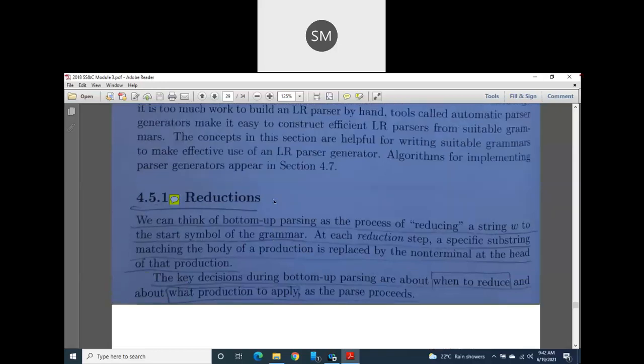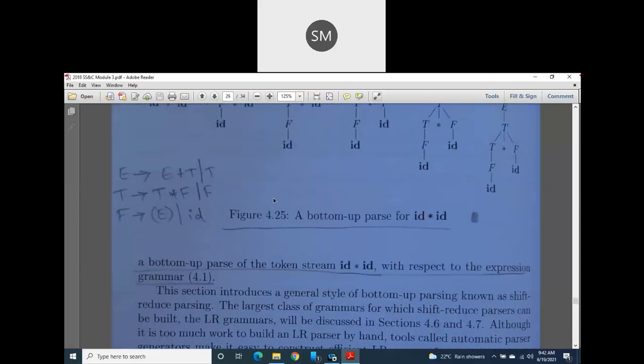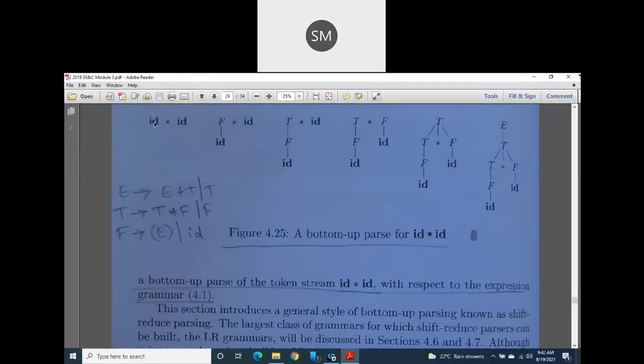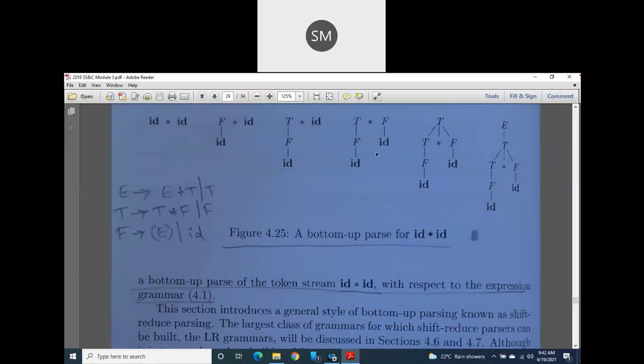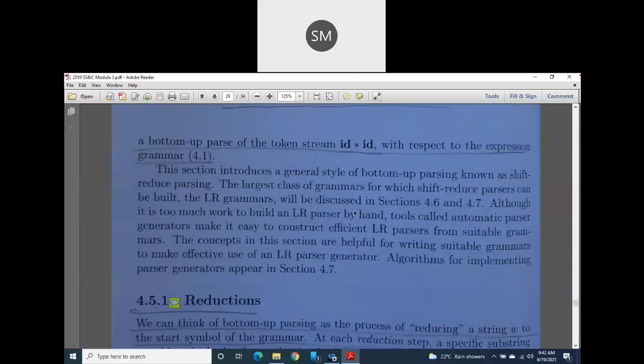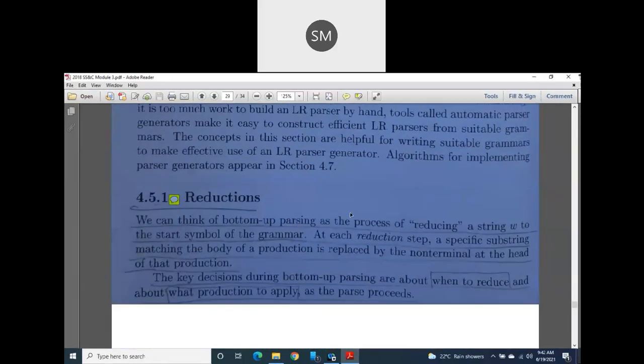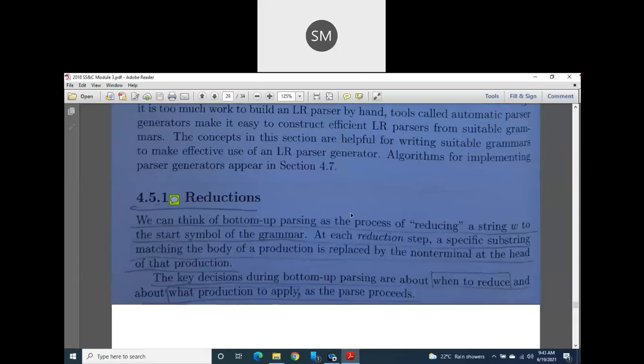It means you started your journey from this string, where both of them are terminals. From terminals you keep on reducing, keep on reducing in every step, and finally you reduce it to the root node or start symbol E. In this grammar you started from this terminal and reduce it to F, F to T, T to E. So like this you are moving towards your start symbol, the non-terminal of the first production.